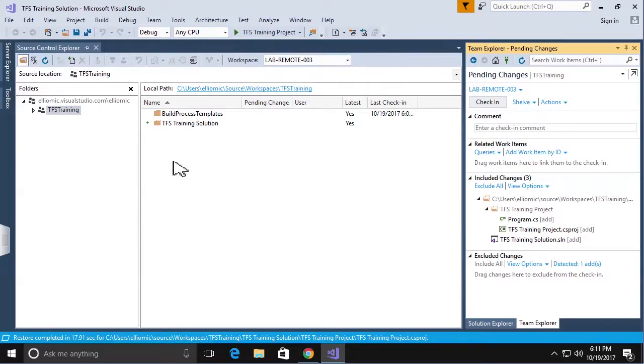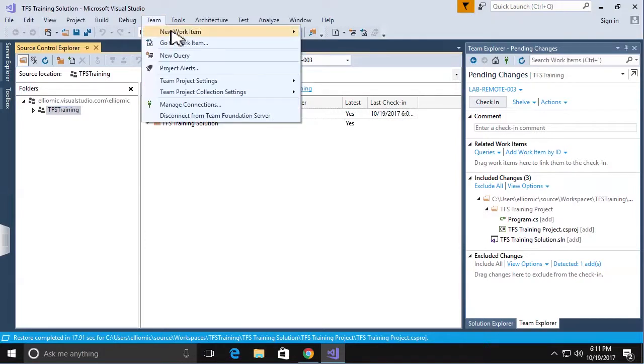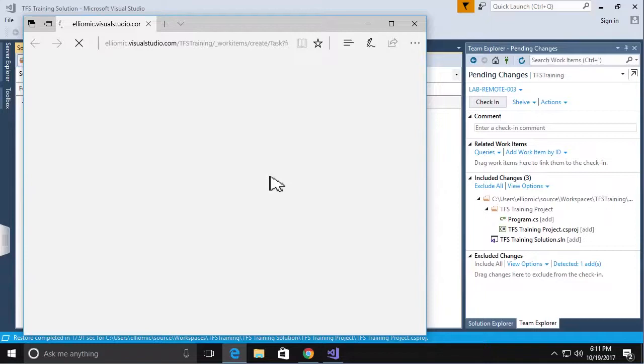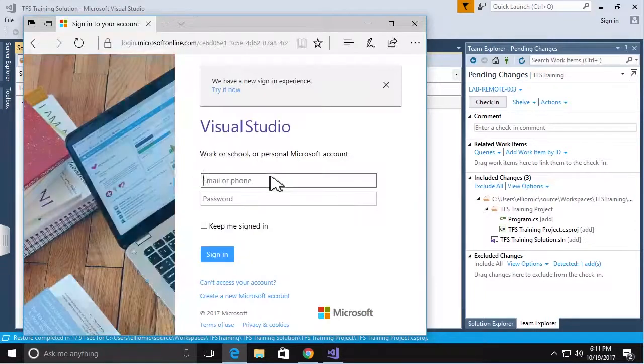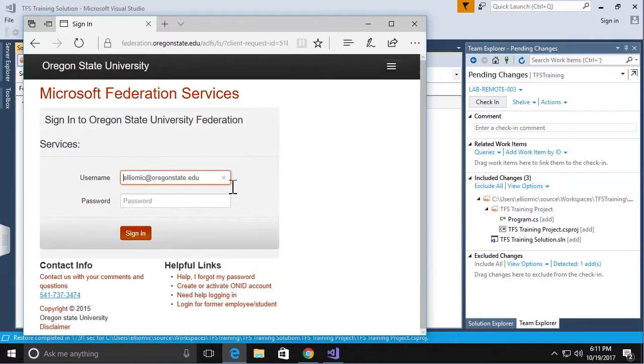And so one of the main reasons that TFS is really nice is we can create tasks to keep track of what we need to do and who's doing it. And we can keep track of which tasks have been completed, which ones still need to be done, when they need to be done,